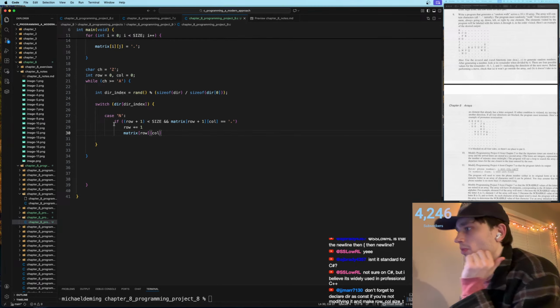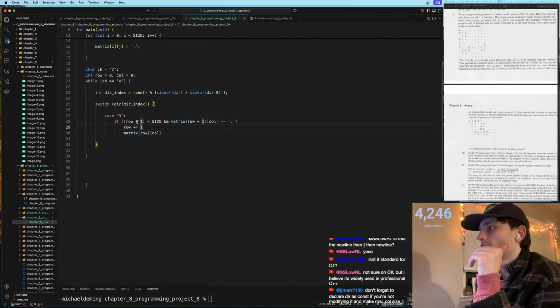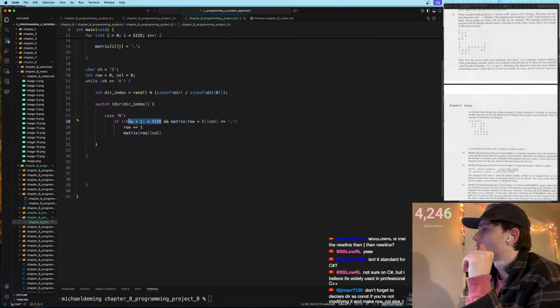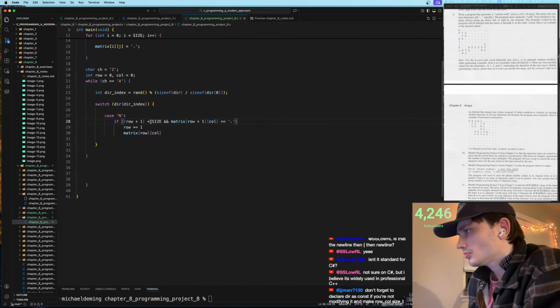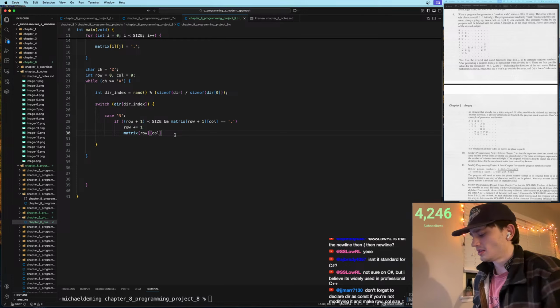Okay, so if we want to go north, we have to first check to make sure that row plus 1 is within the size allowed. Now, can it be equal to the 10? No, because it's 0 through 9. So it has to be 1 less than the size. Perfect. So if the row is less than the size, we can do this. And if it's also equal to a period, we can do this. We can override that value and increase the row. If that's not the case,